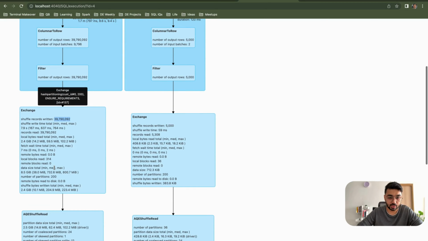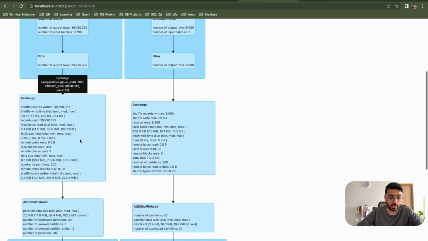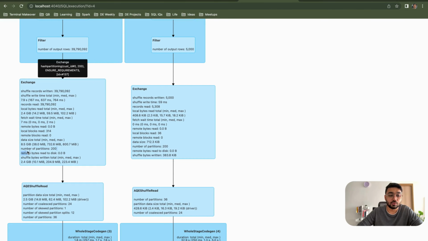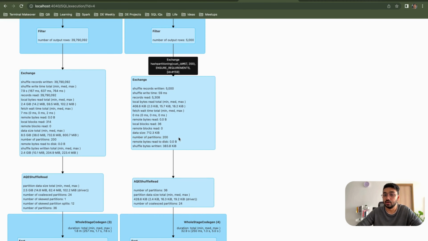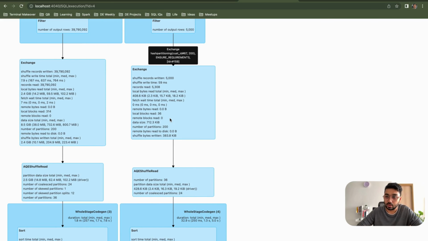And whatever output rows you get over here basically goes to the shuffle, right? So shuffling happens now. Similarly for this, the output rows go to the shuffle, and you see that the number of shuffle partitions is 200 for both of them, right? And this is a default number that Spark sets on its own. Now, from the